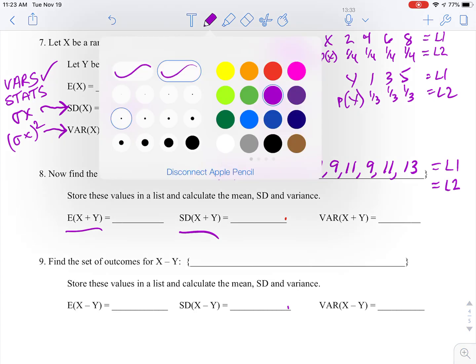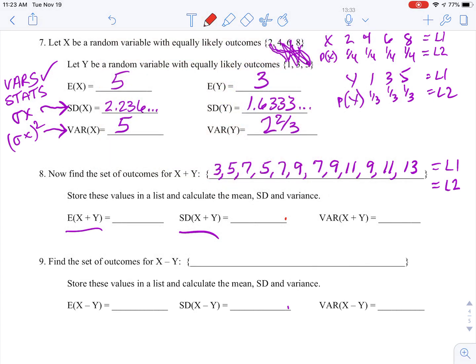Now, let me just ask you before we get the answer. We're trying to find the mean of the sum of x plus y. The mean of x is 5. The mean of y is 3. Want to take a wild guess on what the mean of x plus y is? If you said 8, you are correct. And you can verify that by doing the calculator method of list 1, list 2, and the one variable stats command. The standard deviation, on the other hand, is not something that you could just do in your head. It's some number like 2.768,